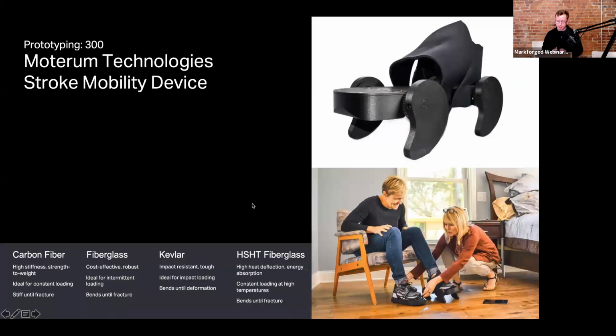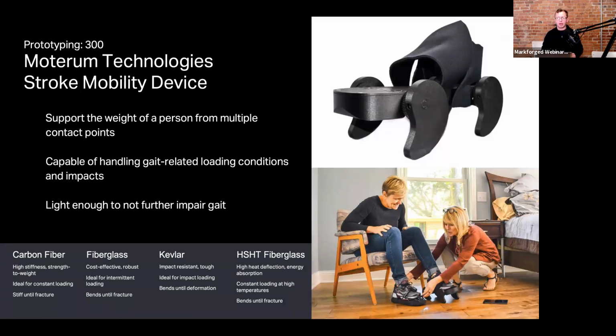So this is a really interesting application, actually. It's very different from what we normally see our printers being used for. It's a stroke mobility device. And how this device actually works is